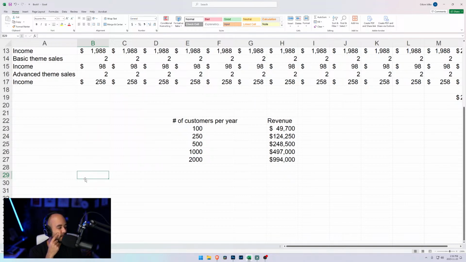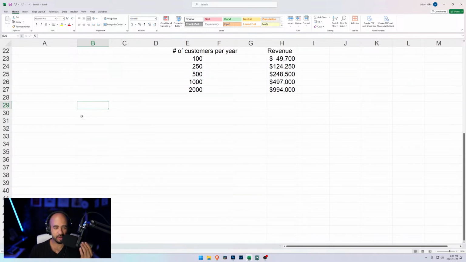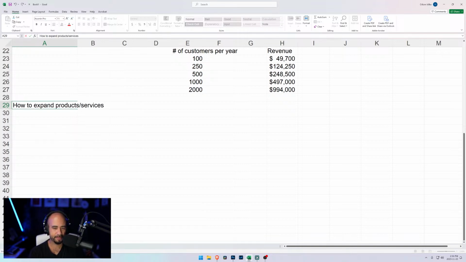But if you sold Photoshop, you could sell it once. I guess they have their new versions of Photoshop. So companies are always building something else or offering something else to expand on their service. So what ideas could we do? And that's a good thing. So like, how to expand products / services to existing customers.